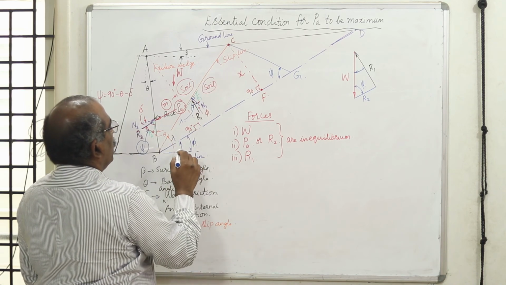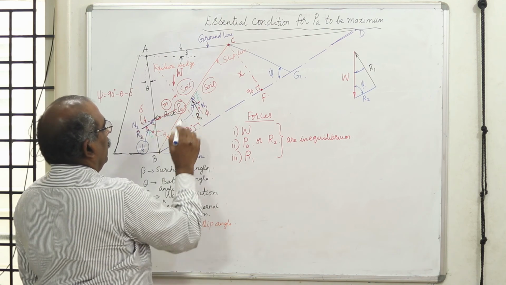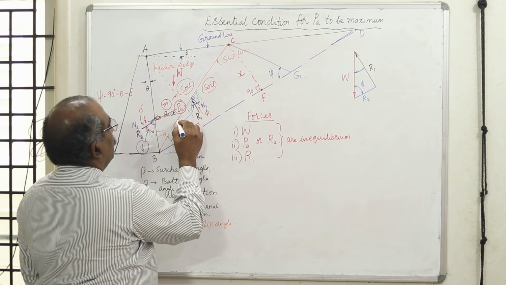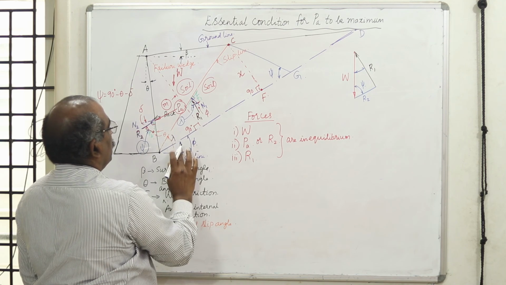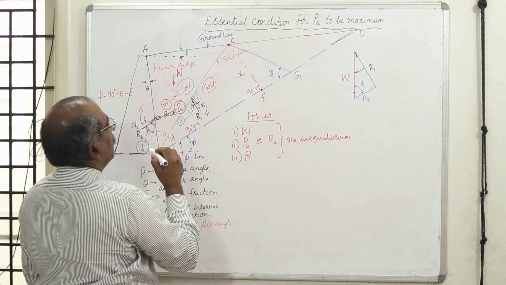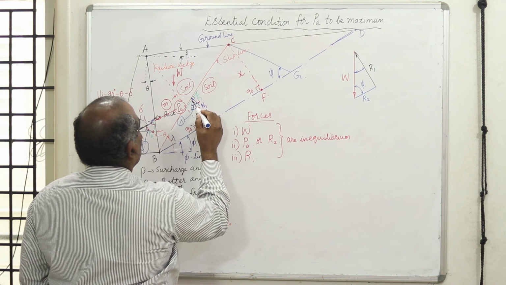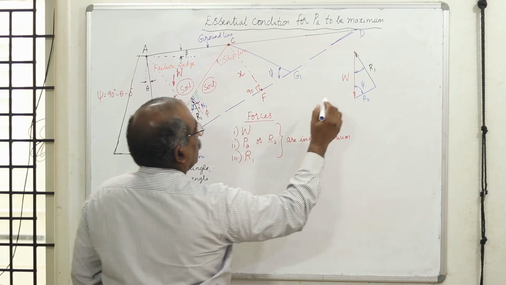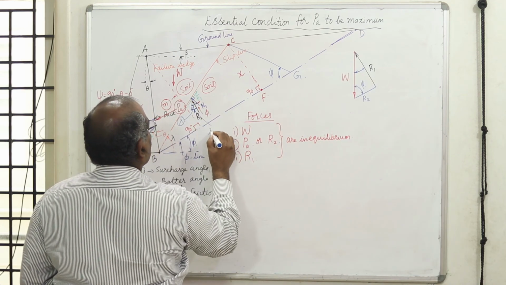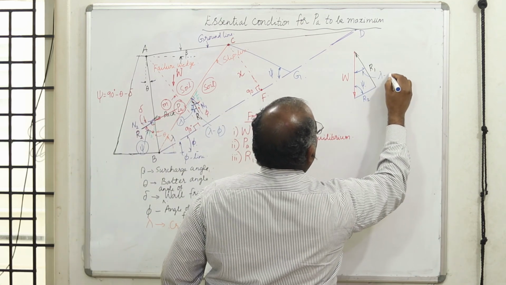Now if I draw two perpendiculars to these lines, I got a normal which is perpendicular to this line, and if I draw a vertical, this is perpendicular to the horizontal line. Therefore, the angle between the two lines, that is lambda, must also equal the angle between the two perpendiculars drawn to those two lines. Therefore, this is lambda. Now, this is phi. Therefore, the remaining angle, the angle between the reaction R1 and vertical, is lambda minus phi. Therefore, I am going to write this angle as lambda minus phi.